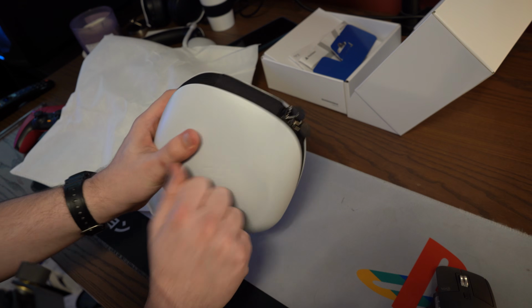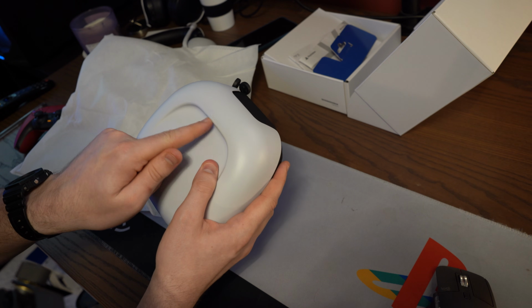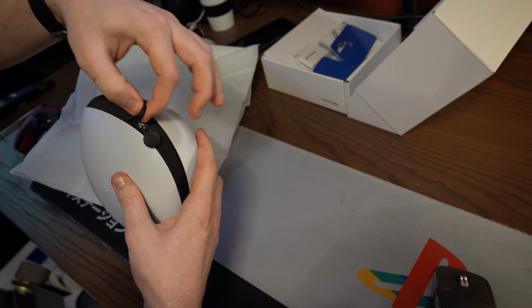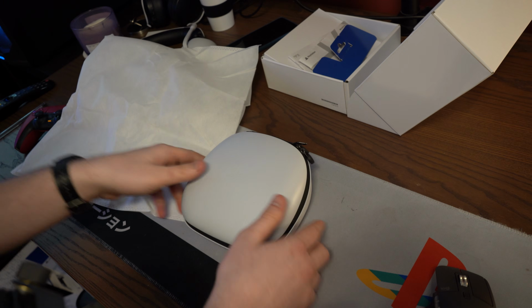But that's a nice sturdy case actually. You get the little PlayStation shapes along here, PlayStation logo in the front, little PlayStation zip handles, and a clasp if you wanted to clip that onto something. I really like that actually. That's really nice. So opening it up though,